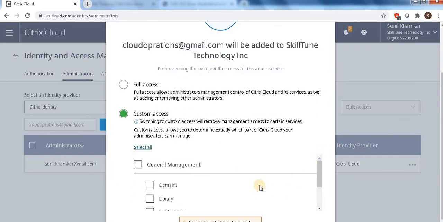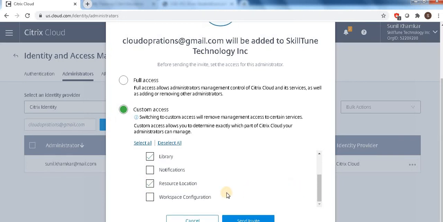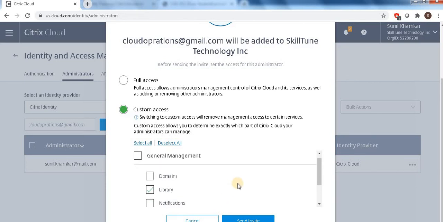So what is the custom access? I want this person to be able to browse the library, browse the resource locations, and also workspace configuration. There are many more options, but we have not taken those services. Once you have each and every service like virtual apps, gateways, everything, you may be able to see them here.